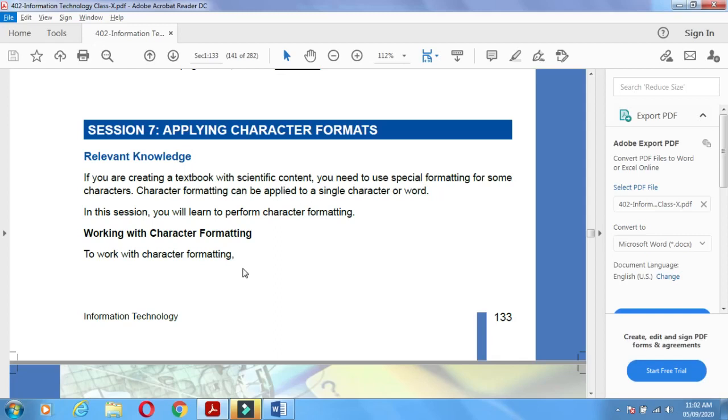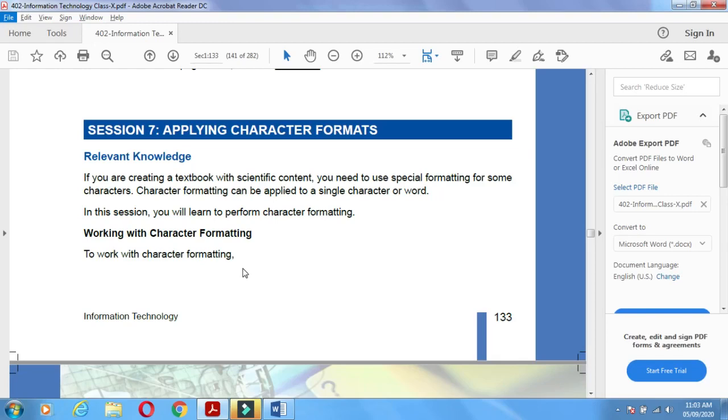Now in this section, session 7, applying character format. In this session, we can apply different formats to our text. Whatever text we type in the Word document, we can format in different ways. So how can we format?